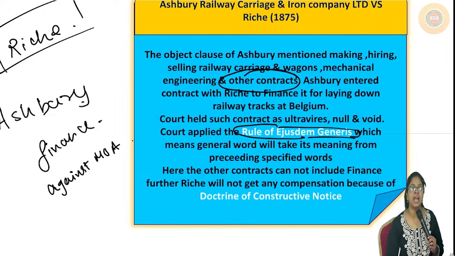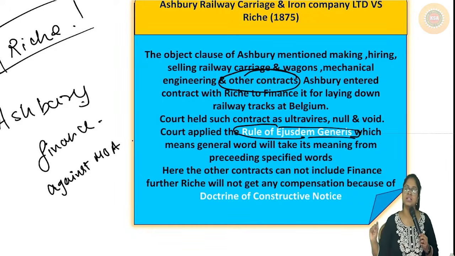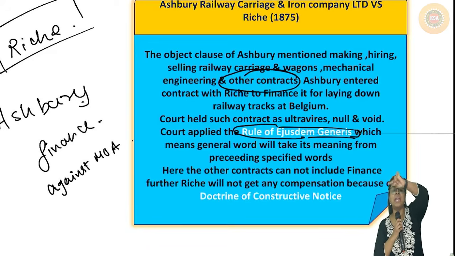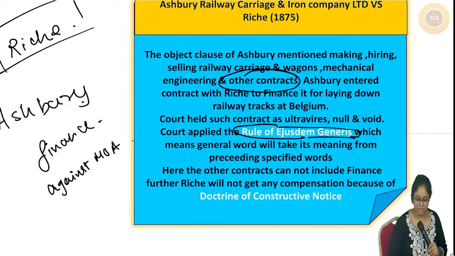The rule is called ejusdem generis. It's basically a Latin phrase, okay? The rule basically means that whenever there is a specific point followed by a general, the meaning of the general is defined from the specific. For example, I say